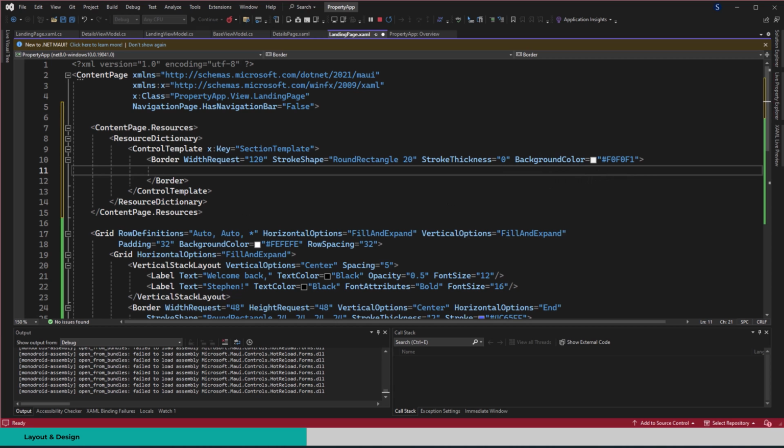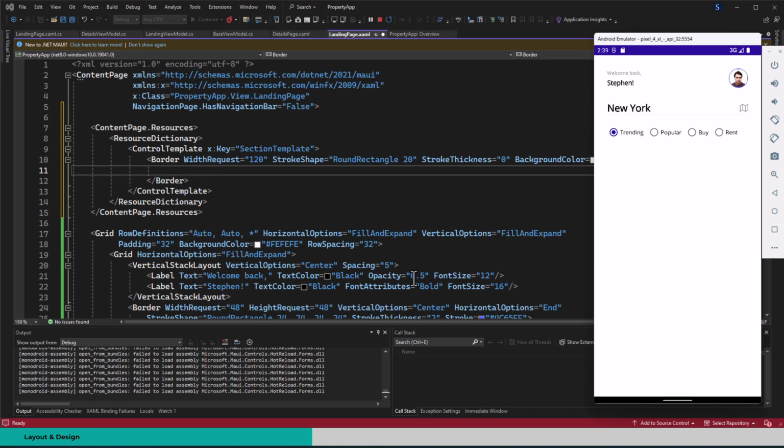And then right inside there we're going to have a label that's going to hold the content, so the values that we have in this control,